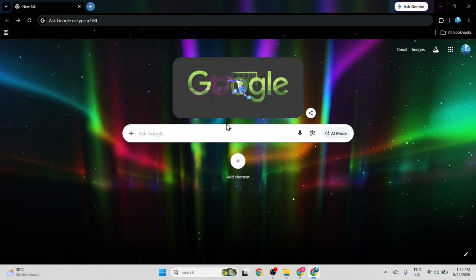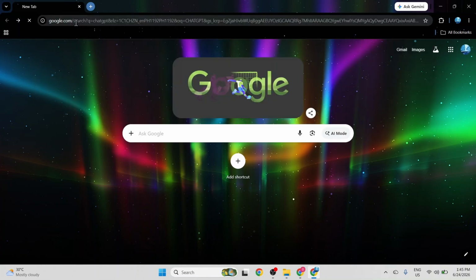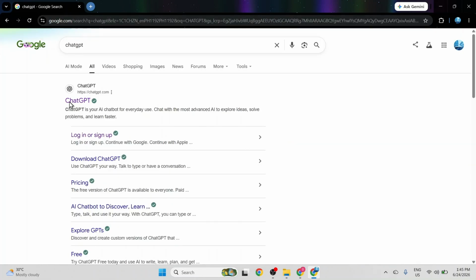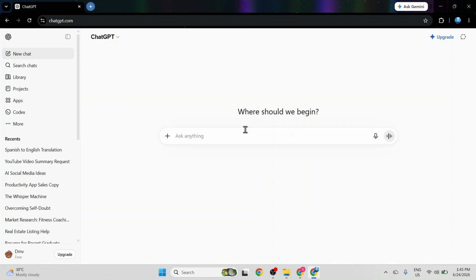In this video, I will be showing you how to fix login issues with ChatGPT. Let's get started. First, I open a new browser tab and type ChatGPT into the search bar. Then click on the official ChatGPT search result. This loads the interface, but if it doesn't log in automatically or is unresponsive, the first thing I want to